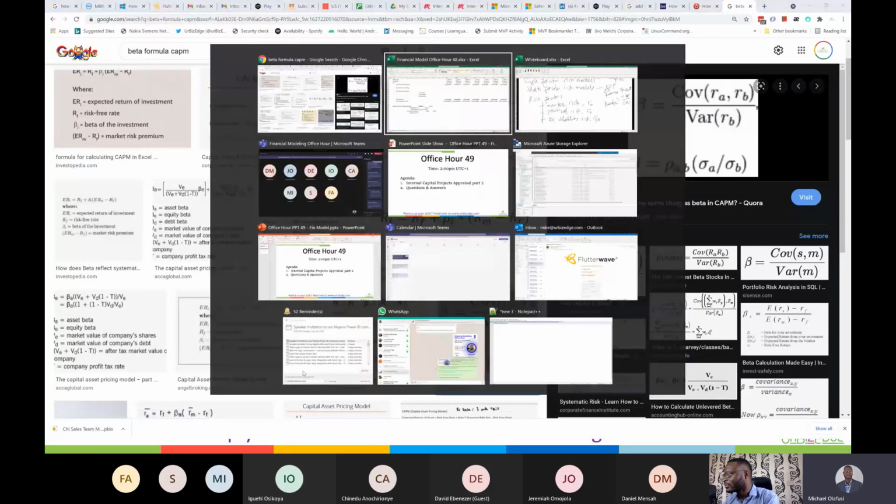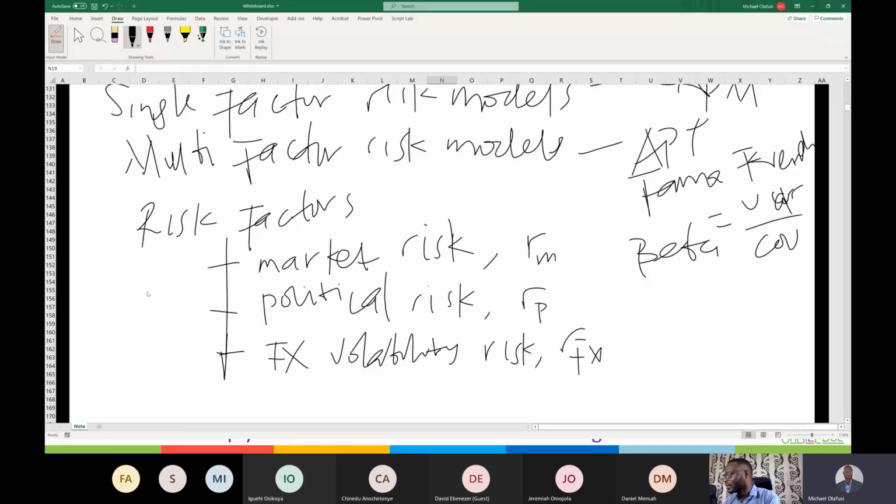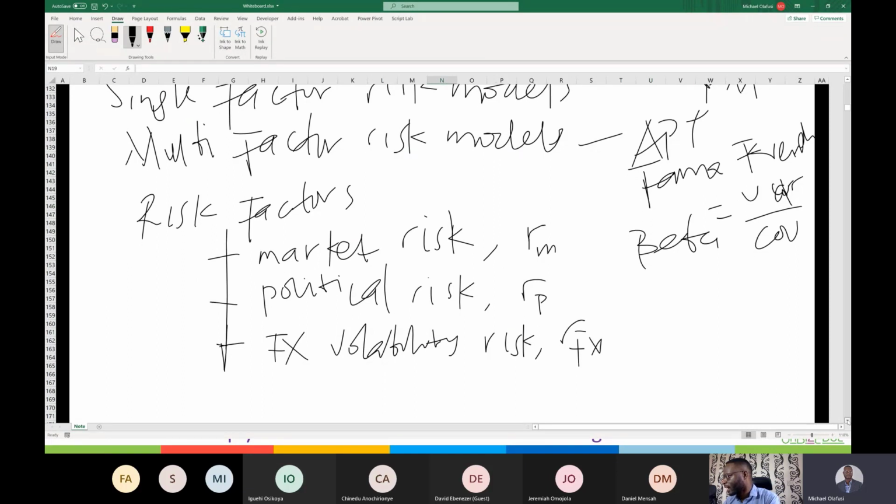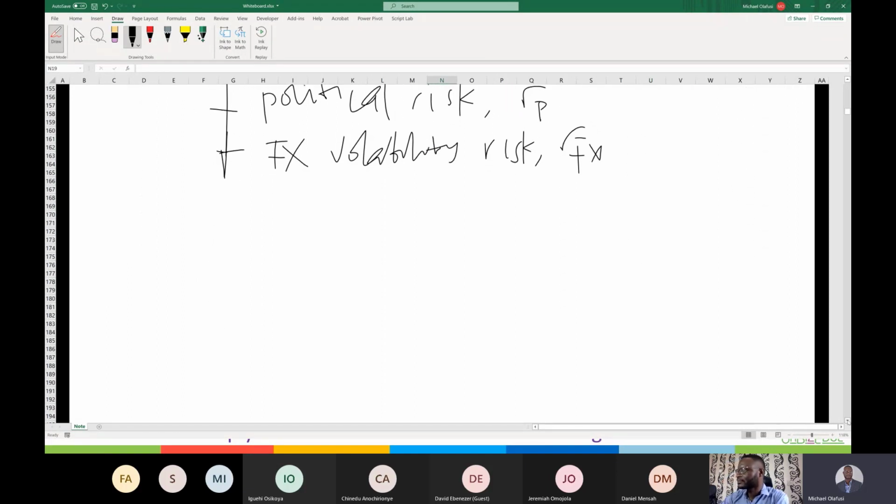The expected return that you want is, let's say I'm producing toys, because that's what we used yesterday. Toy Limited. What are our risks? Obviously, if I'm going into this toy business, or if I'm asking for your money, you expect to get more than the 10% federal government bonds. So that 10%, I must give you more than that.